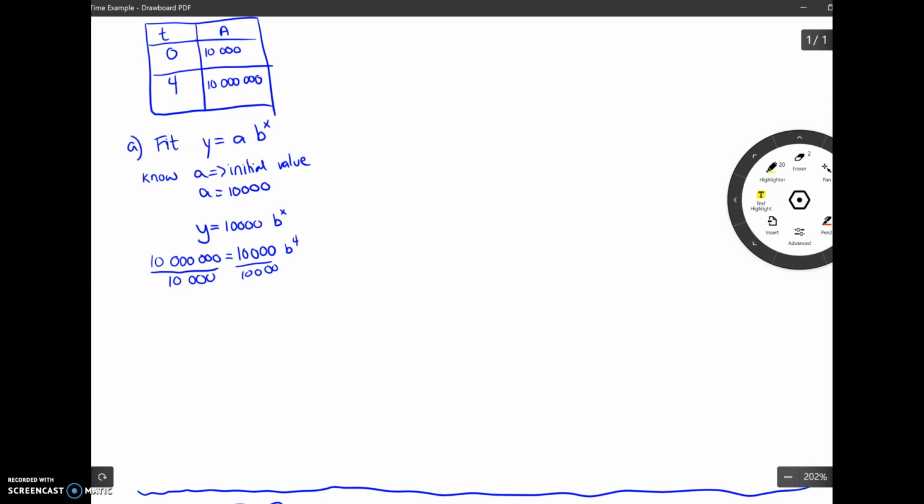We would divide both sides by 10,000. 10 million divided by 10,000 comes up to 1,000. So we end up with a simplified equation: 1,000 is equal to b to the power 4. To solve for b, we have to ask ourselves, what's the opposite operation of raising b to the power of 4? The opposite operation that would isolate for b is to take the fourth root. So if I take the fourth root of both sides, the fourth root of b to the power 4 is just b, and the fourth root of 1,000